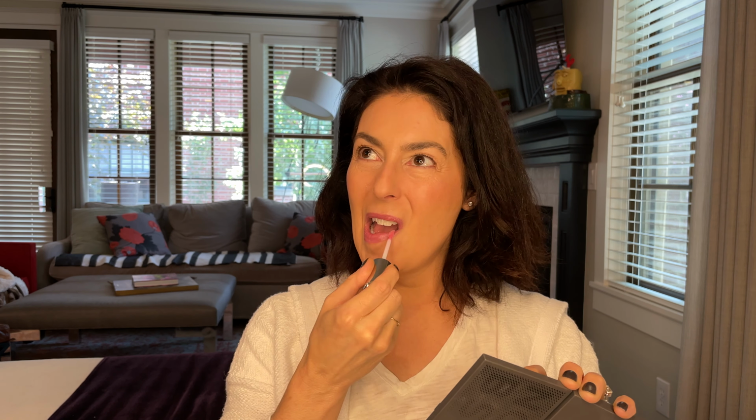This looks like a nice cool pink. Oh, I just love the scent. That's the first thing. You know, scent affects so much. If you don't like it, you don't like the product. It just really affects things. So